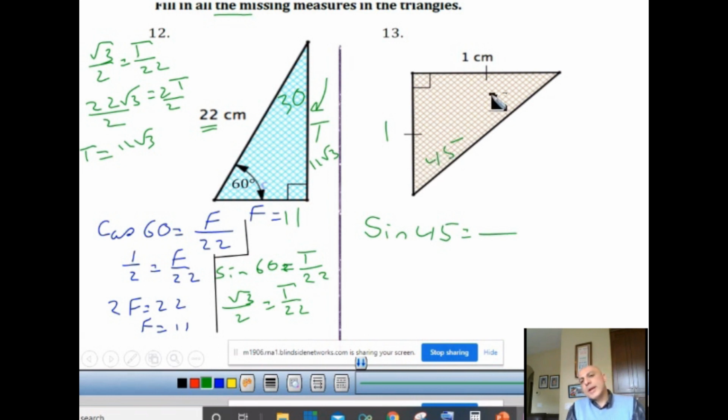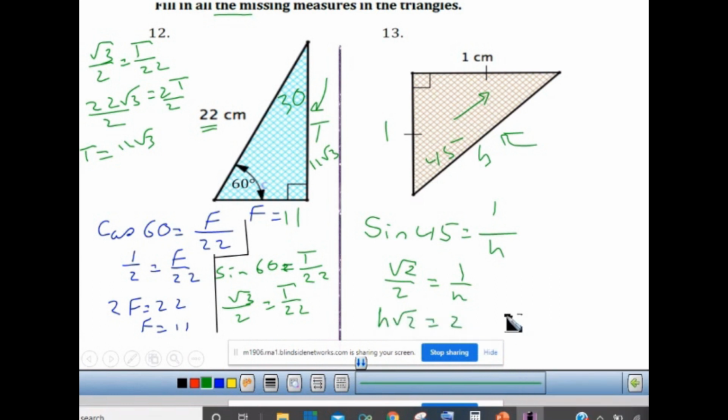I'm looking for the opposite of 45, which is the 1 over this side here, which we'll name H. Sine 45 is square root of 2 over 2 equals 1 over H. Cross multiply, H times square root of 2 equals 2. Divide both sides by square root of 2. H is going to give you